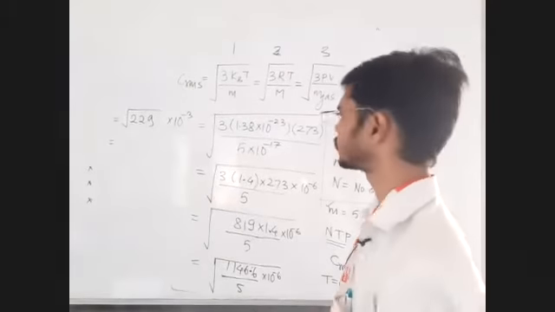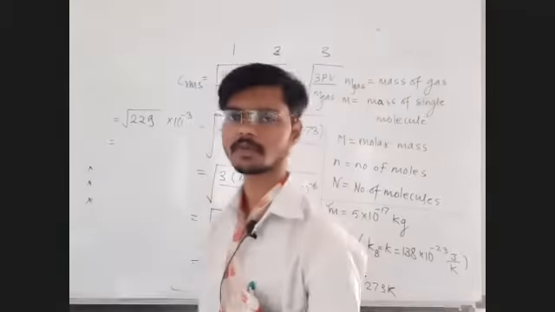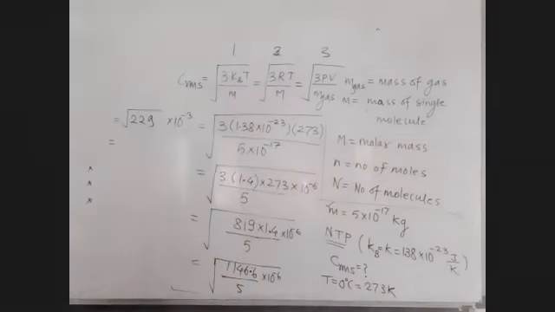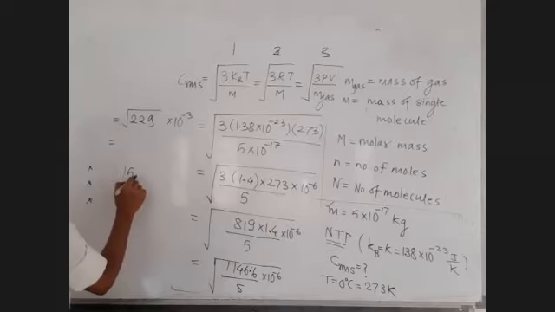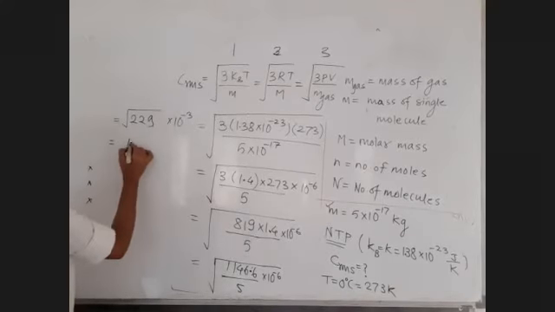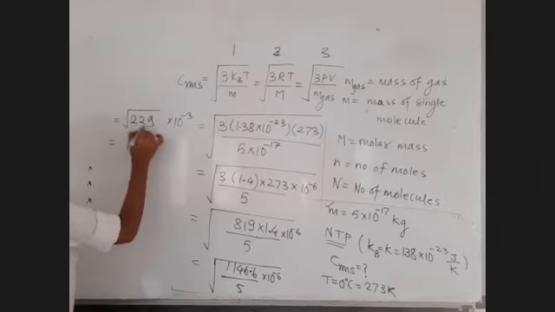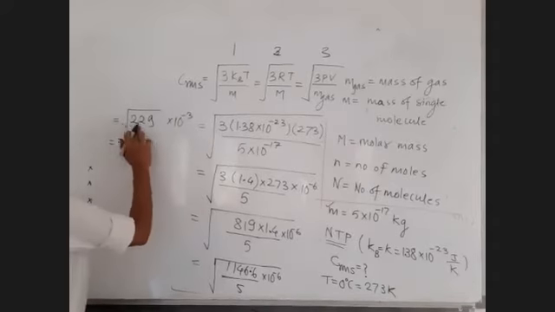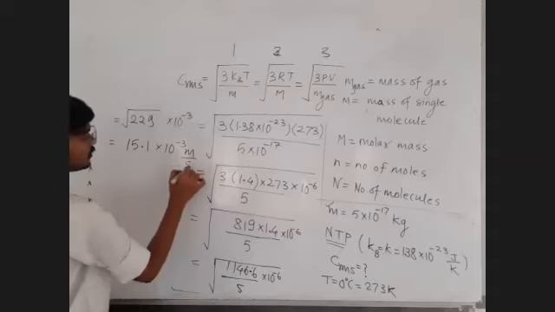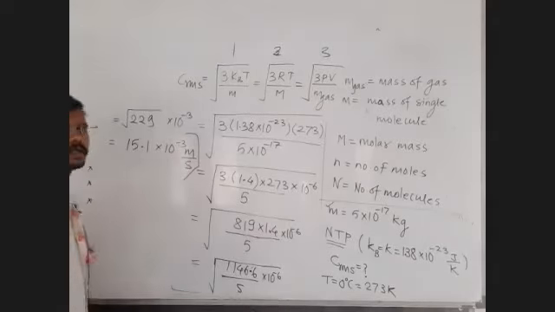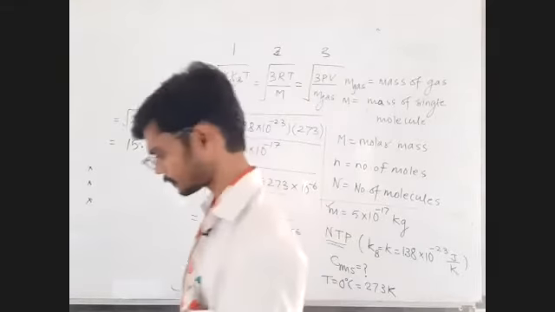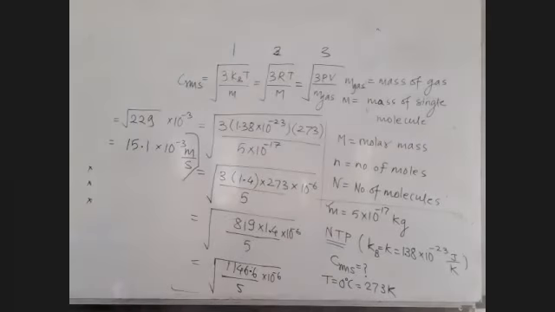Closest to 15, right? 225 is the square of 15. So 15.1 or 15.2. Shall I write 15.2? Just check what is the square of 15.2 or 15.1. Let us write that as 15.1 because it is much closer to 225. So that's it. This is going to be our answer, so many meters per second. Check whether we are getting an answer as close as possible to the answer given by them. Everyone check it. Are we right?